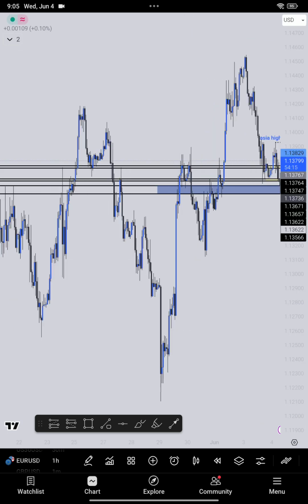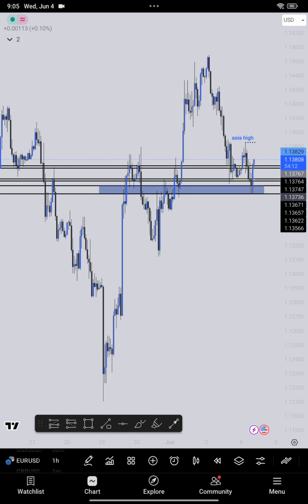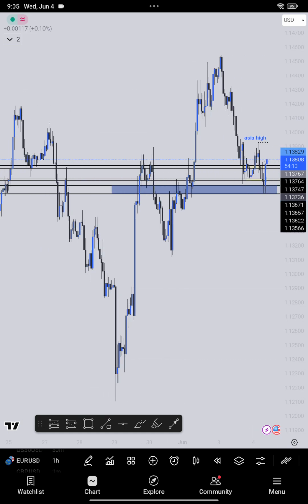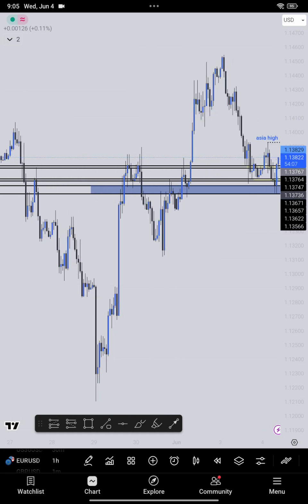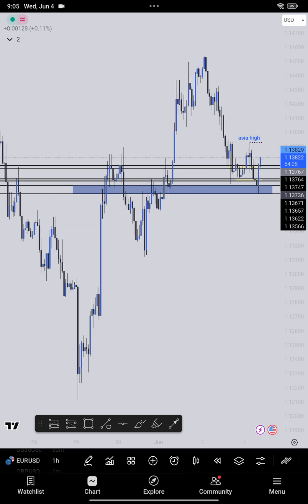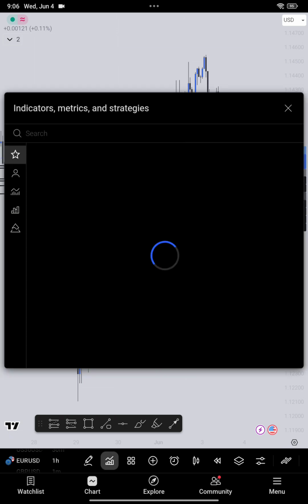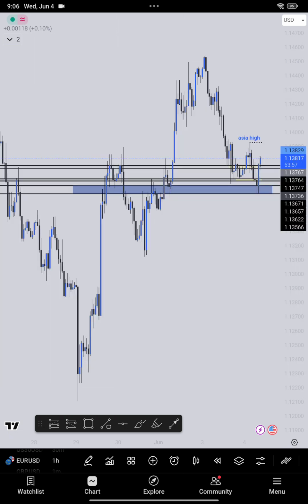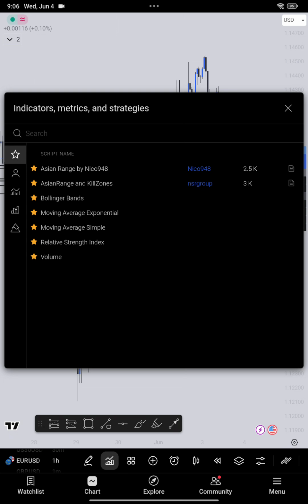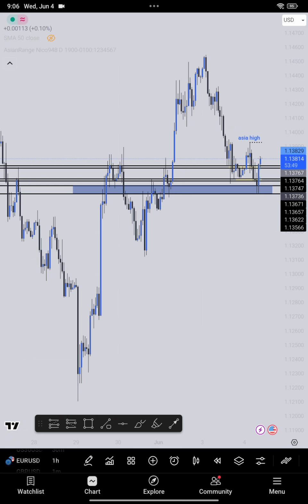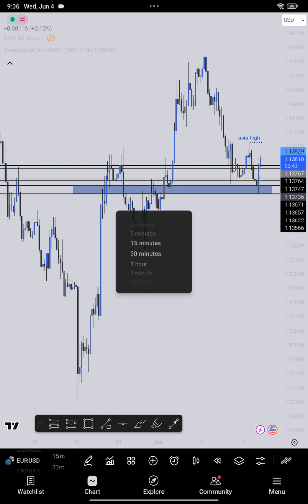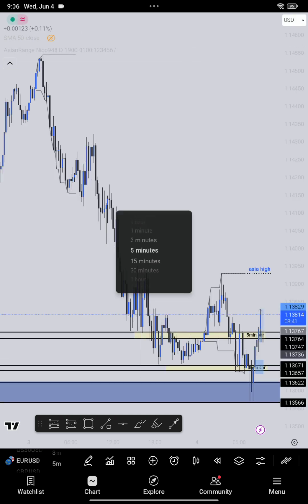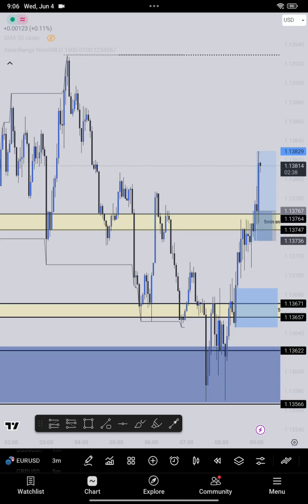On the 1 hour time frame, I identify my support and resistance, right? If you can't find your support and resistance easily, then you can always switch from the candlesticks to the line chart. These are the indicators I use anyway: Asian session or Asia range by Nico 948, and then I use the moving average, that is the 50 SMA. I only have it open on the 1 minute. So if you go 30 minute, you won't see it. You go 5 minute, 3 minute, you won't see it. But when you go to the 1 minute,